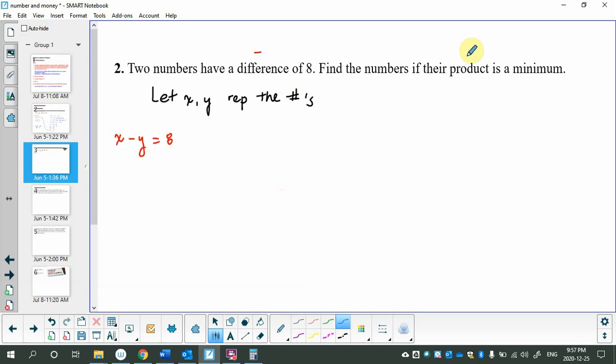Find the numbers if their product, so that's times, is a minimum. So I've got minimum equals, so no sum of squares, no squares at all, just that. Now, my recommendation, just because this is what you are used to, because of all the work with functions and graphing in calculus, is that over here on this side of the page, when you're trying to get a letter